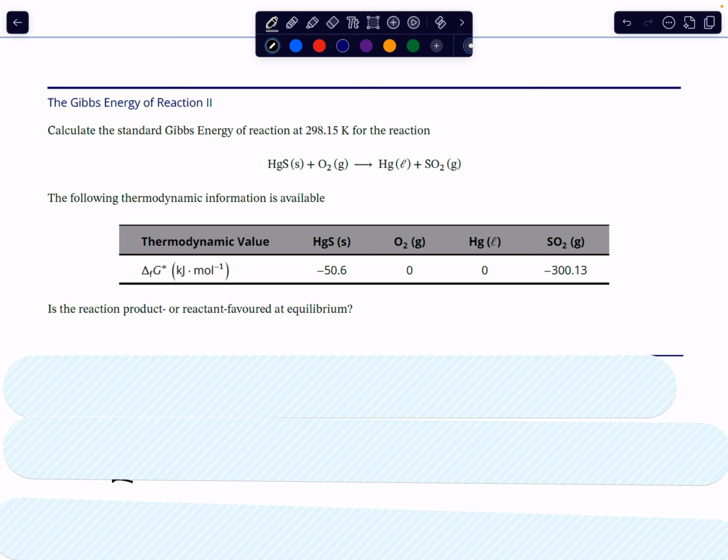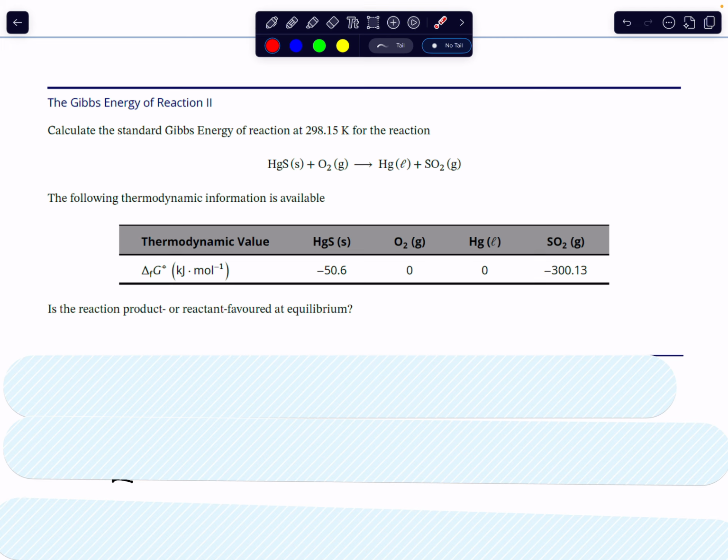And we're given some thermodynamic information, which is the Gibbs energy of formation. Right, so then we're given this table here. So we're given the Gibbs energy of formation for the reactants and the products. And then we're asked also what is the reaction product or reactant favored at equilibrium. Right, so this is an example where